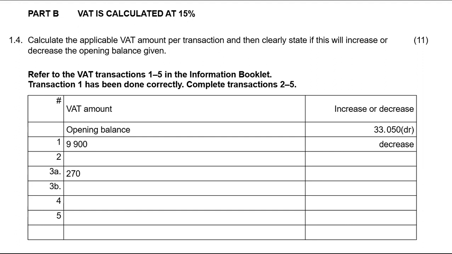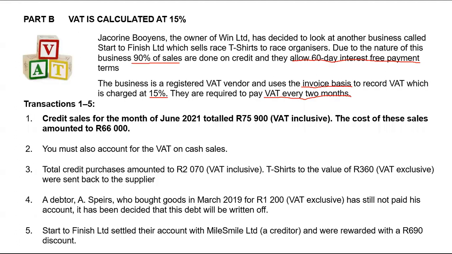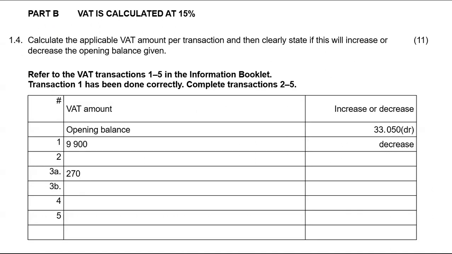Let's go to number two. Number two, they say we must also account for VAT on cash sales. Now, to account for VAT on cash sales, we first need to find cash sales. We were given credit sales of 75,900. To get cash sales, you will take 75,900 times 10 over 90. So that gives you cash sales of